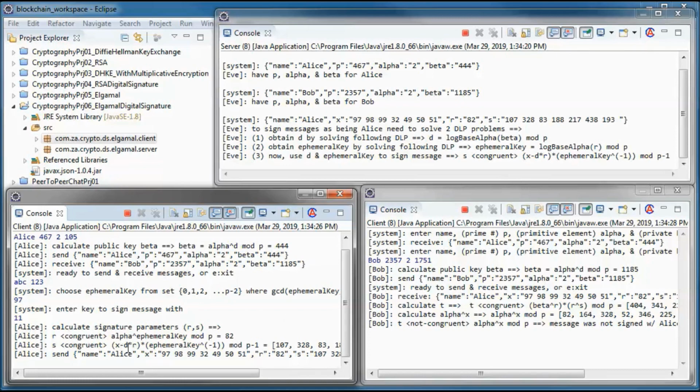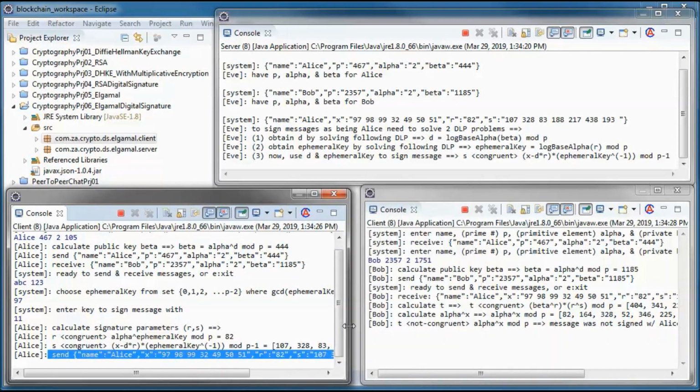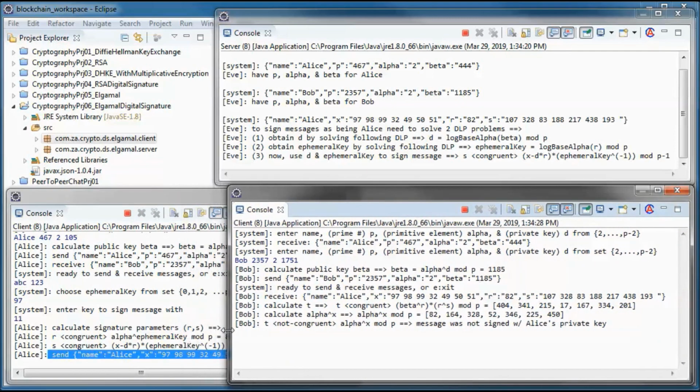So she signs the message with that made up key and calculates signature parameters R and S, and sends the message with R and S to Bob, and he receives those, and calculates T, and calculates alpha to the power of x, and compares it to T, and determines that T is not congruent to alpha to the power of x in mode P. So the message was not signed with Alice's private key.